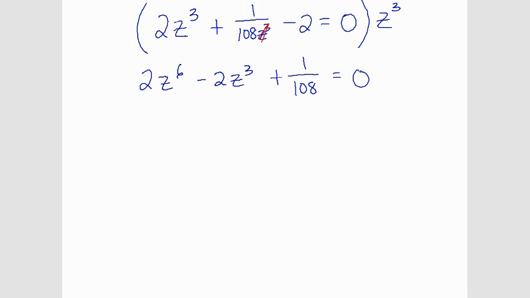And then for good measure, let's go ahead and, actually, should I divide by 2? I think I need to, because we're going to use the quadratic formula. Notice we have 2 times z cubed squared minus 2 times z cubed plus 1 over 108 is equal to 0. Okay, so we have it in the form of z cubed. Well, so that means z cubed is equal to